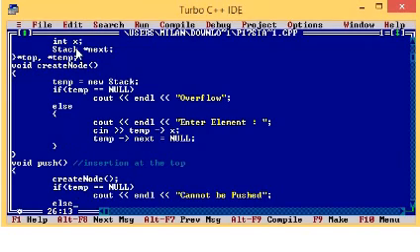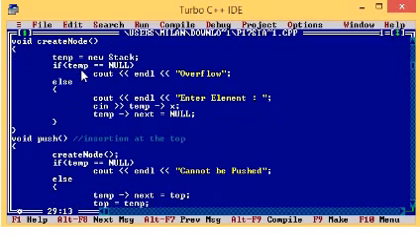As we have seen in the create node method also, temp still being null means it cannot be pushed. Nothing is created. There is no sufficient memory or some problem. So temp is not created, and it cannot be pushed. Otherwise, if temp is successfully prepared, there is some content in temp and the pointer pointing to next is null.